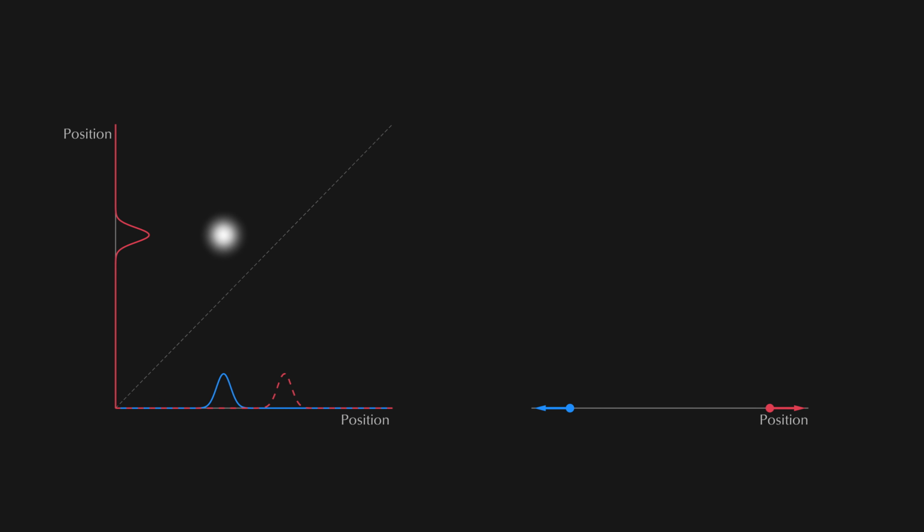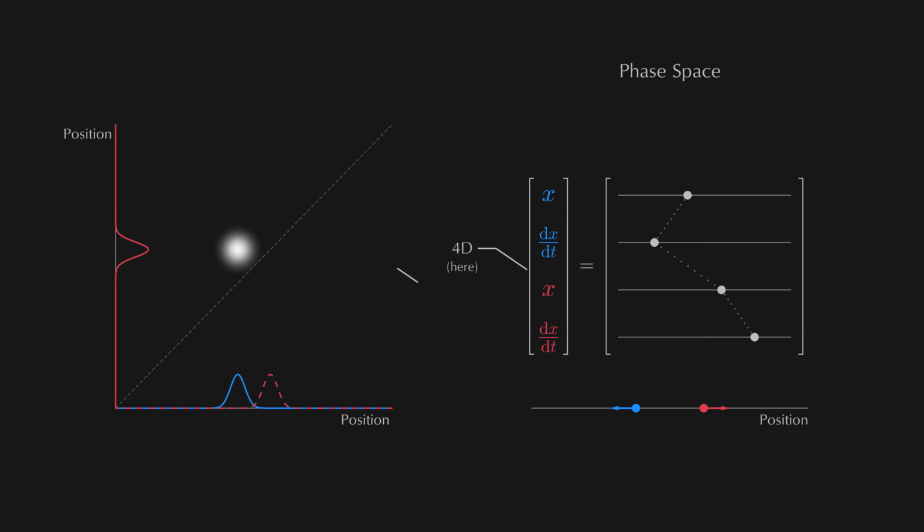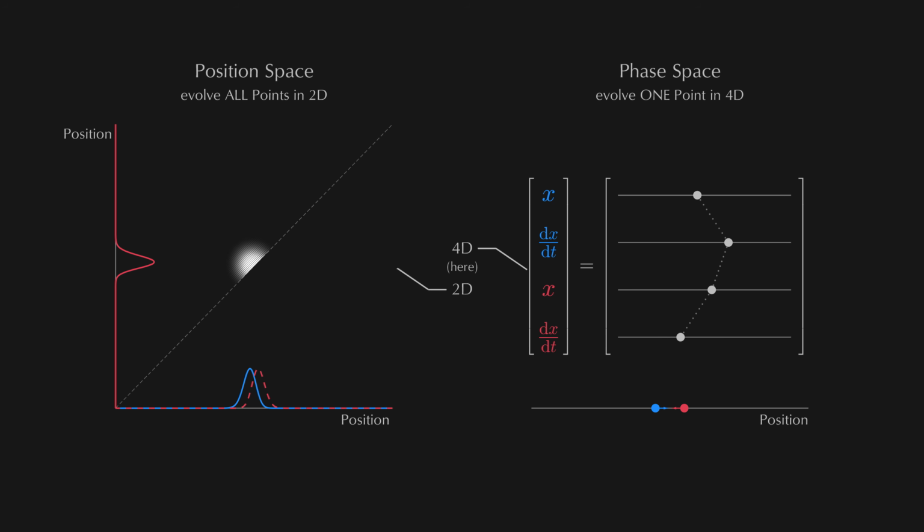Okay, for these two particles here we see the vector of positions and velocities combined lives actually in a larger space called phase space, compared to the space of the wave function, which is written only in positions or momenta. But it is only one point in this phase space that we need to evolve, no matter how high dimensional the phase space will be. And that is the benefit of having localized particles. You just don't need to keep track of other possible scenarios.